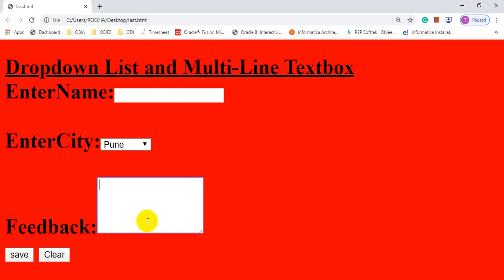Even if you are going to log in to our email, Gmail or Facebook account, in that case we have to provide our ID and password. These are nothing but a form. So forms are very important in our today's life. So we have to know and understand each and everything related to forms. And from the first lecture till now, we have seen different types of input tag, and how data can be accepted from the user. And in today's lecture we have seen how data can be accepted by using textarea, and how data can be selected by using a list box or drop down list. Okay, hope students, you clearly understand what we have done till now.